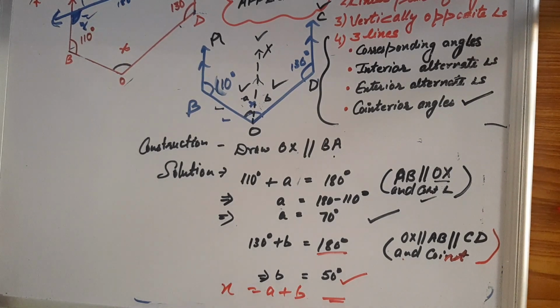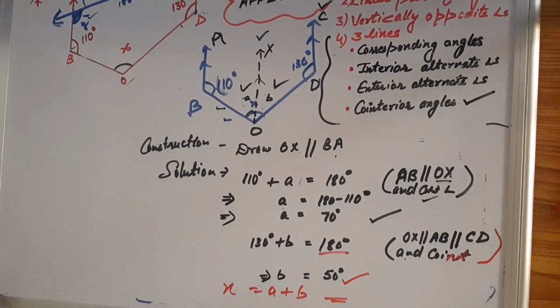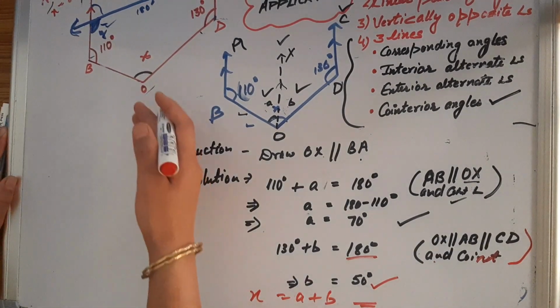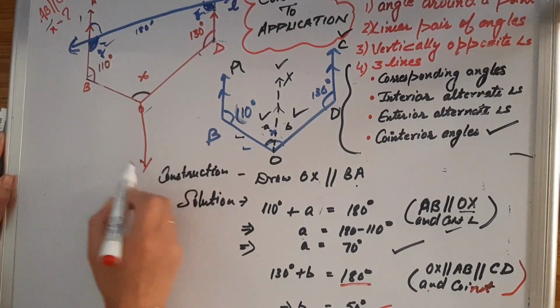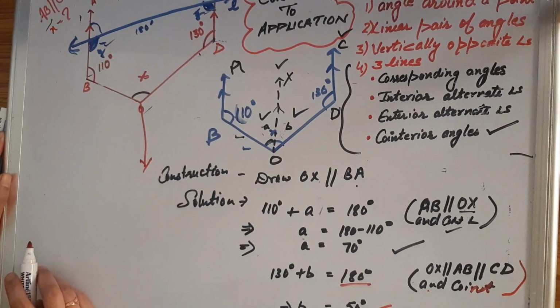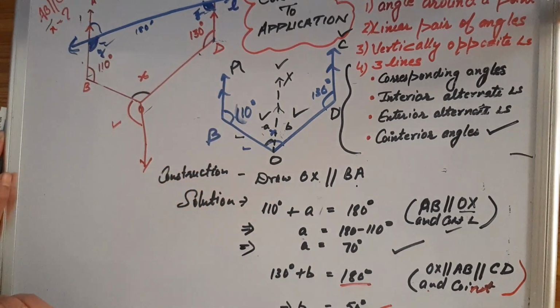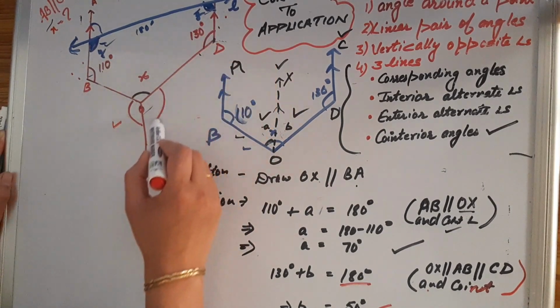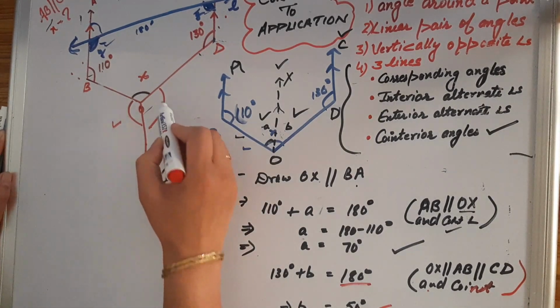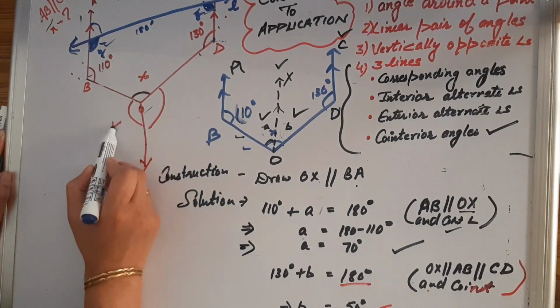I'm sure there will be many various ways. We have discussed two here. There would be many ways which can be used to sort this out. The third way, if I see here, is that you can draw a line parallel in this direction, parallel to this. So 110, and because this is parallel to this, you can sort out this, and this is parallel to this, and you can find out this also. Because they are making a Z,